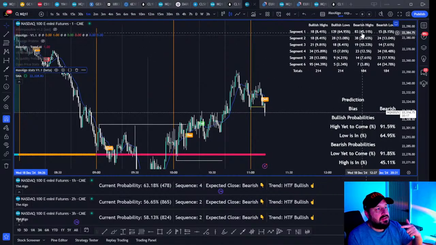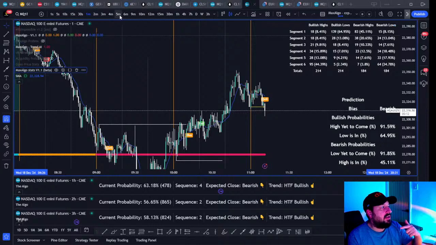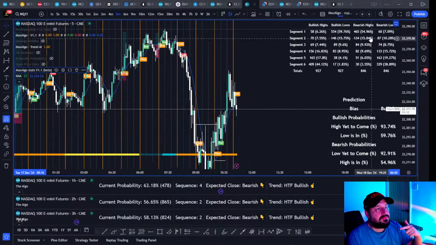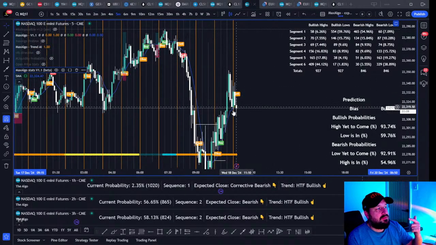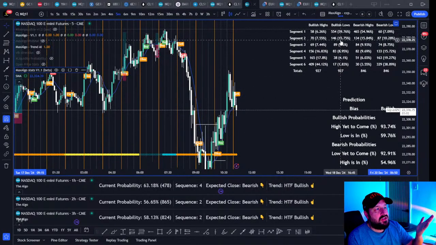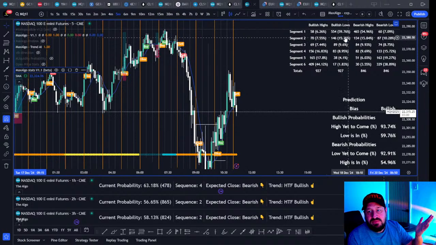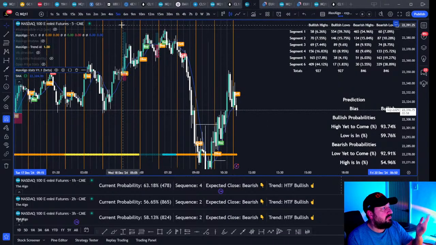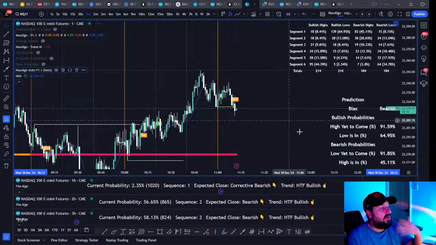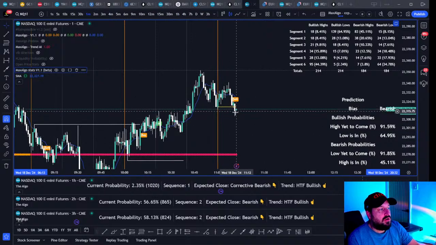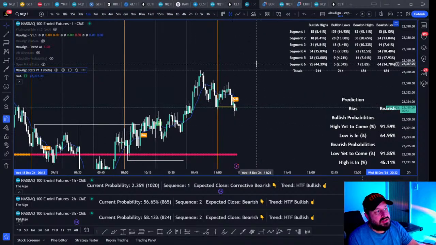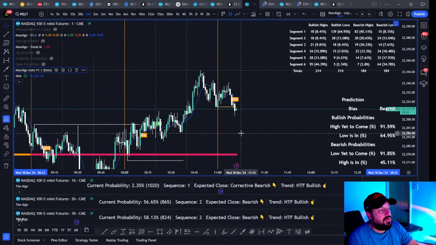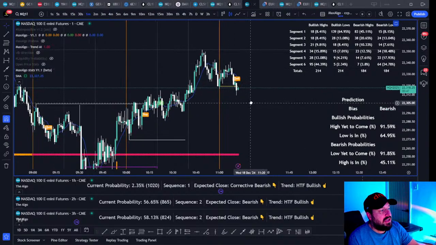Which means if we're going to go bearish, there's a 45%. Let's go up time frames, just increase the data. There's a 54% probability right now. This is our high, right? And if we were bullish, that would mean our low is in segment 2. Oh, there's only a 15% probability our low is in segment 2. So therefore, we've got mixed signals, right? We've got above the open, initial bias bullish. We've got a bearish confirmation on here.